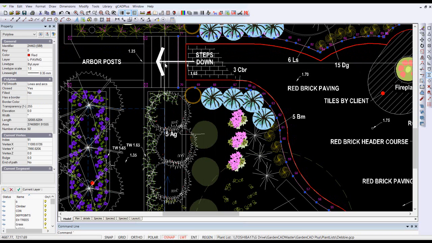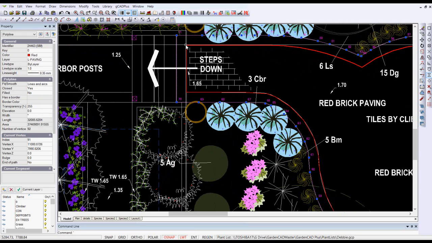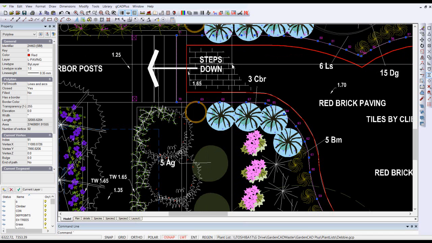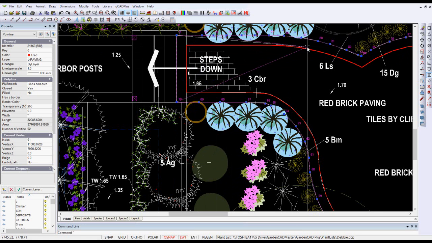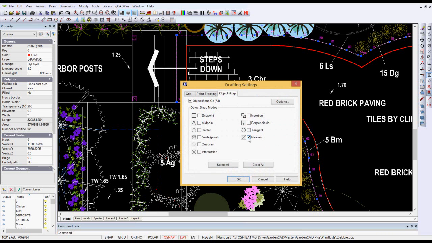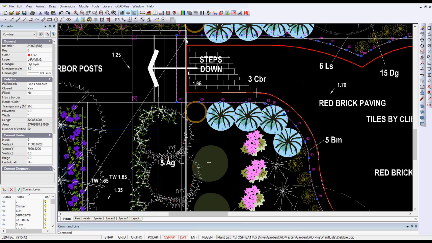If I simply select the polyline, the simplest way to edit it is to take one of the vertices. So we can click on this vertex, it's number 71 in the series of vertices that delineate the polyline. So I can click on it. In effect, you make it hot. Now I've got OSnap on at the moment, a running OSnap at nearest. So I'll come over here to the object snap settings and I'll take nearest off, because in this instance,